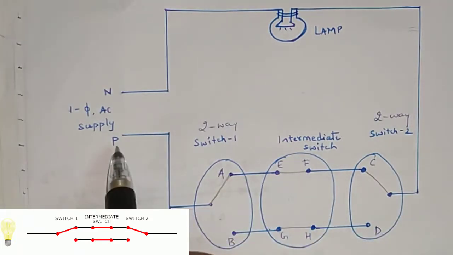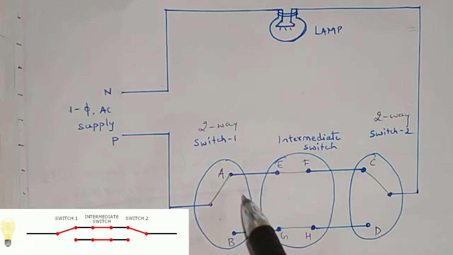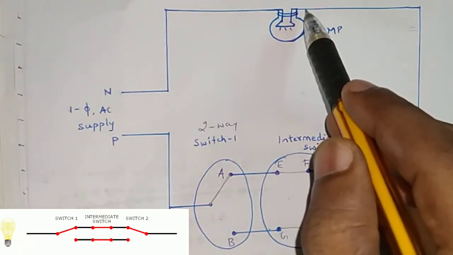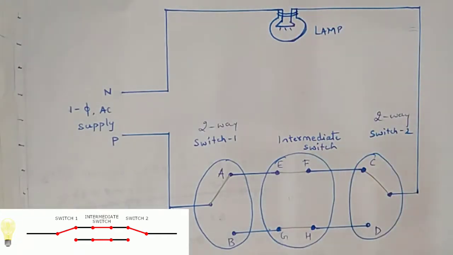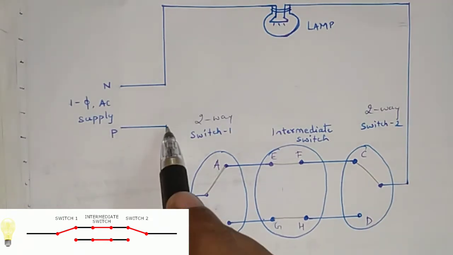It is very simple. I need to check that from phase, I need a proper path to reach the lamp terminal so that the circuit will be a closed circuit. Only in a closed circuit will the current flow and your lamp will glow. It will be in on condition. So this is what I am going to check: whether the circuit is closed or open. Just check from phase, the current will start to flow.